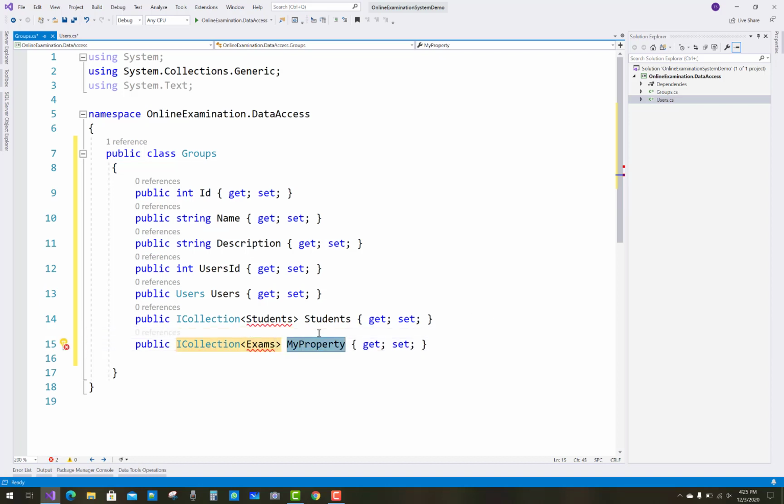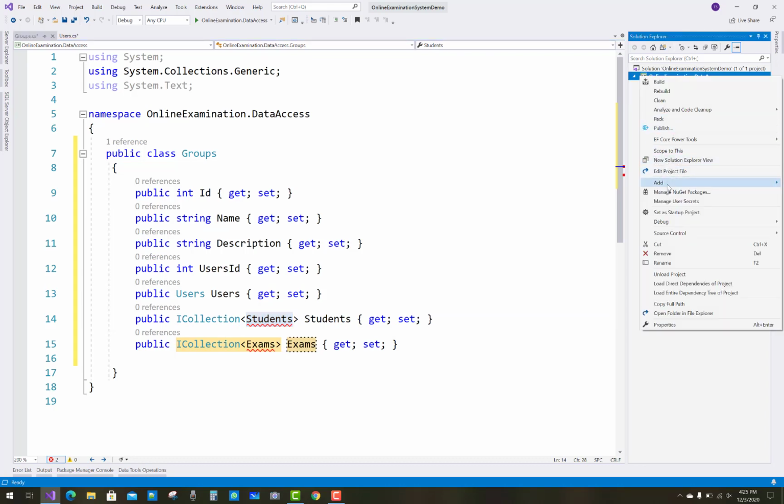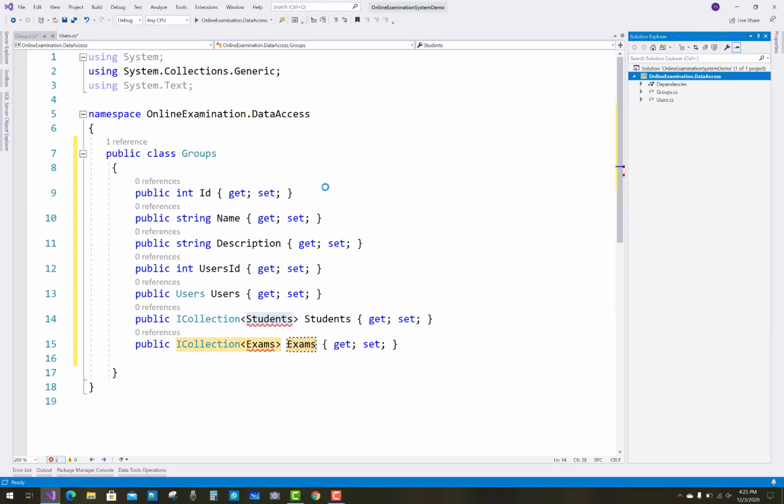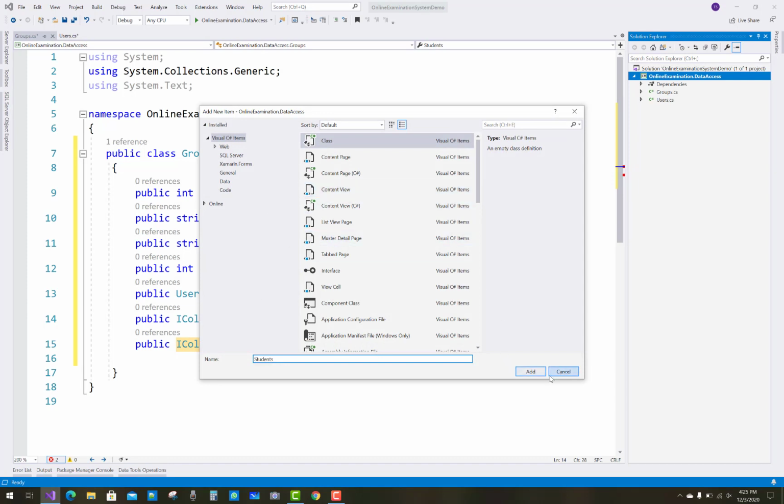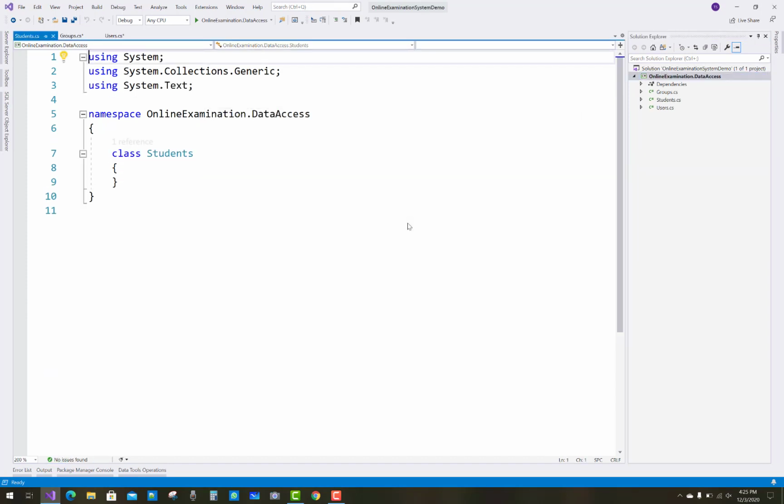So another two tables are there, students and exams. So first of all, create the Student class. Add a new class, that is Student, and in the Student class we have some properties like